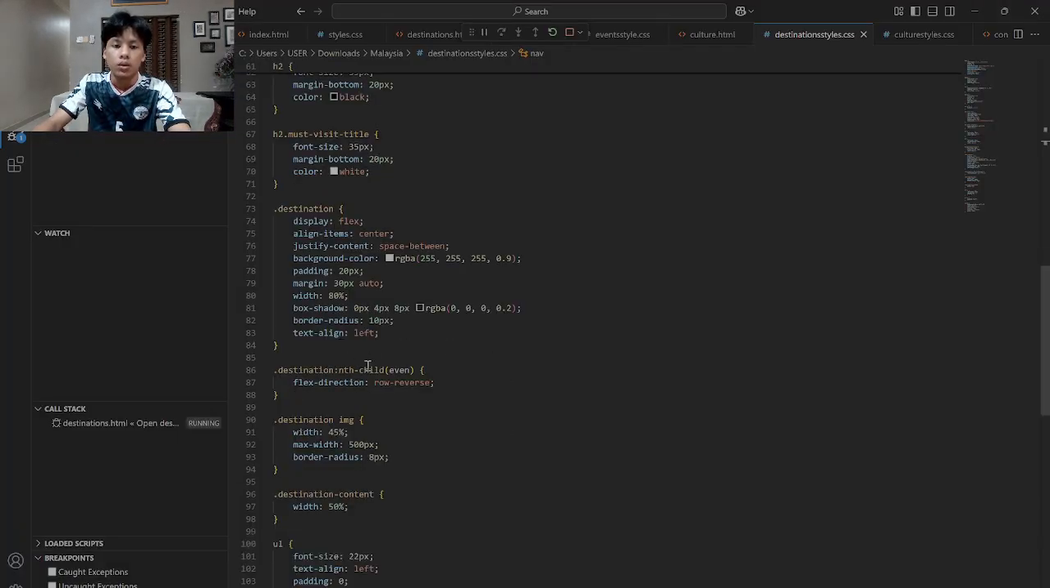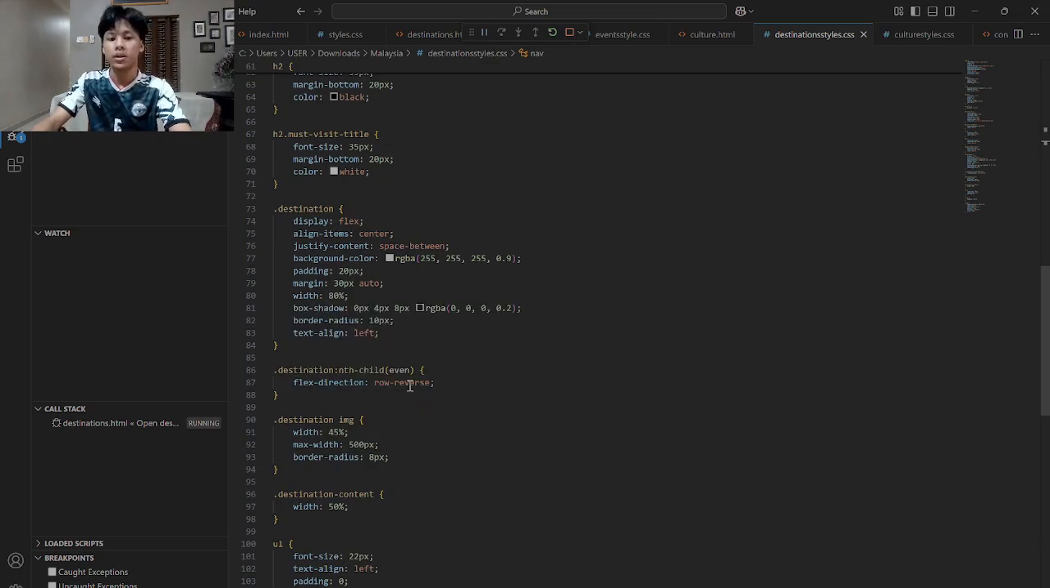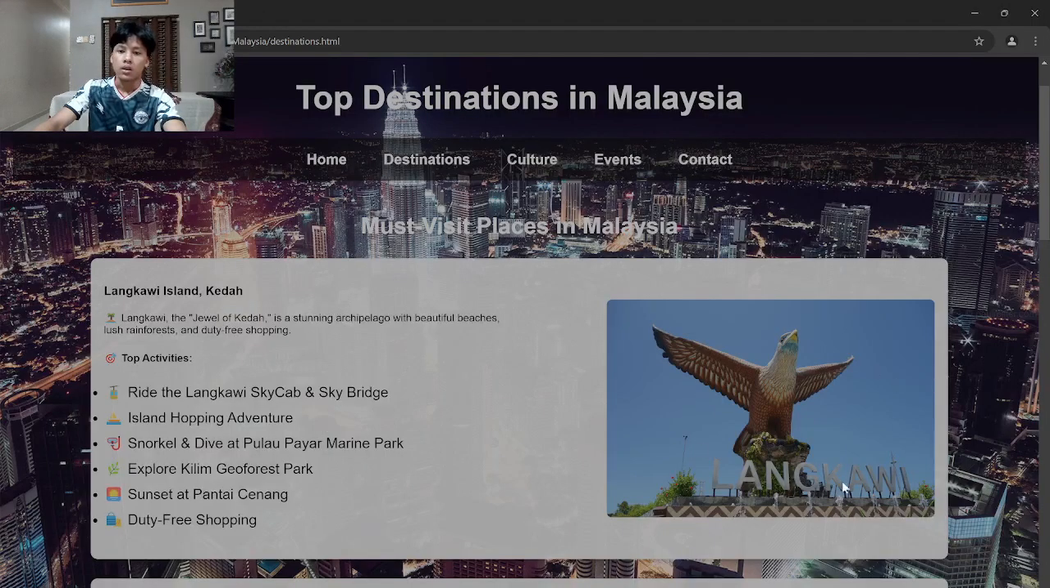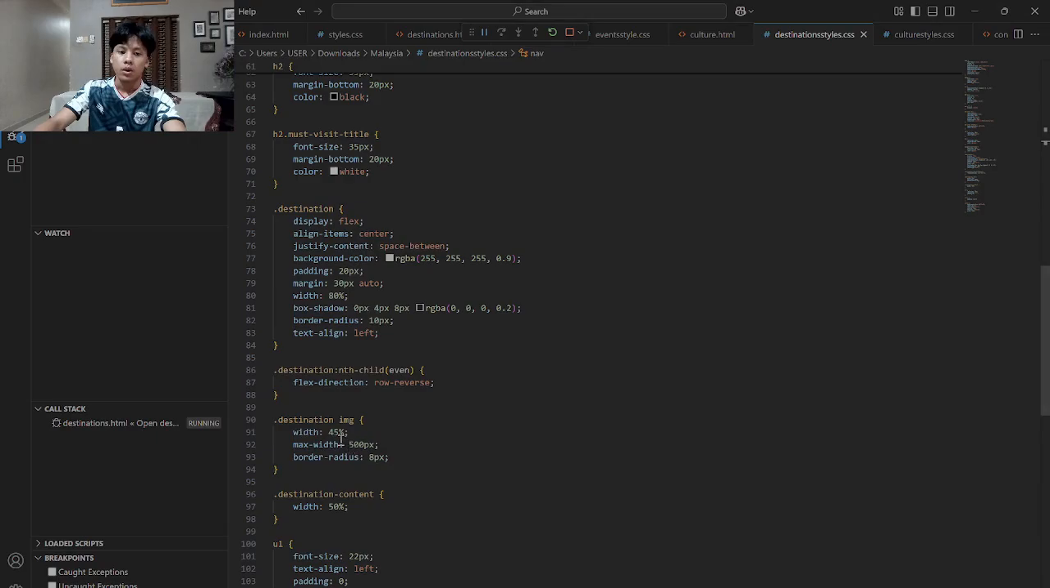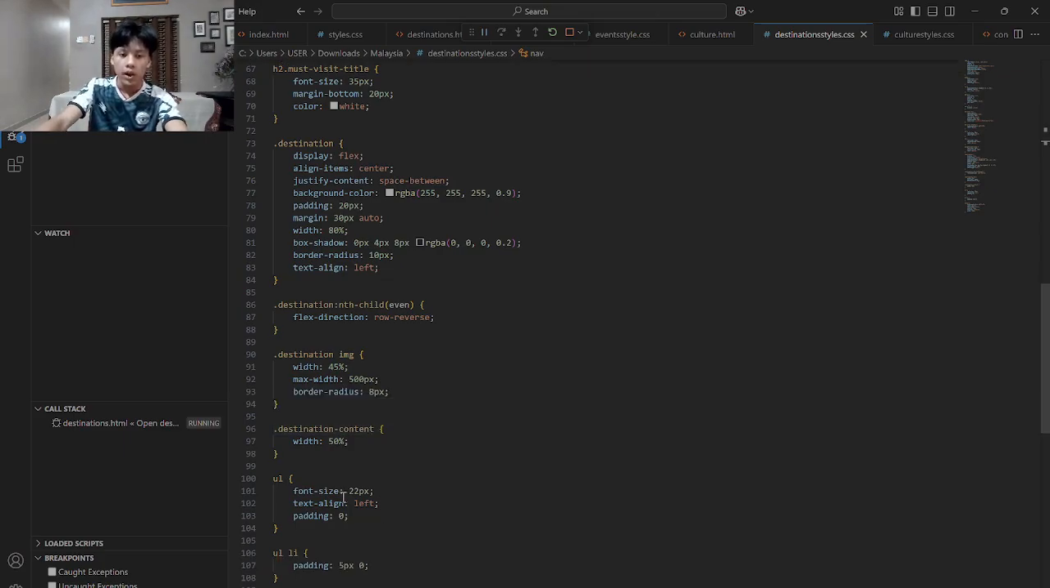And then go for the next one, flex direction row-reverse. So the next one is reverse from the usual. And the destination image is 45%, max 500, border radius, and destination content with 50%. UL font size